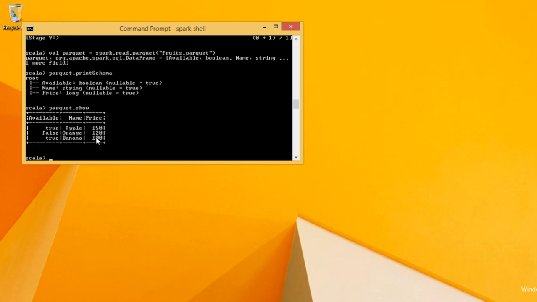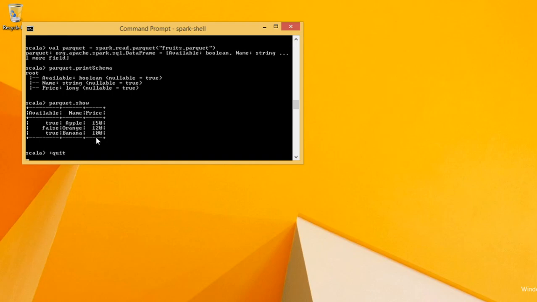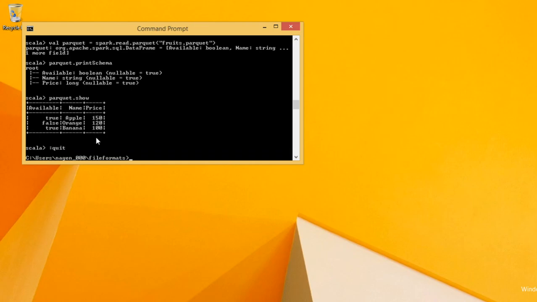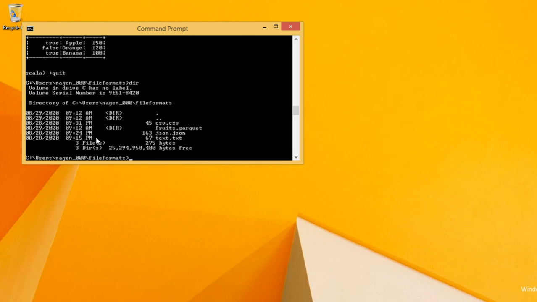Let's see exactly what file it has written, and how the Parquet file looks like. I press Ctrl plus D to quit, and dir, if I see I have a new fruits.parquet file here, but if you see here, it's not exactly a file, it's a directory. Let's see what we have in there.